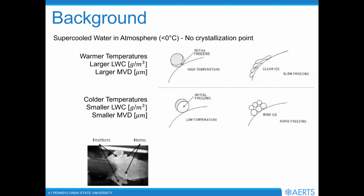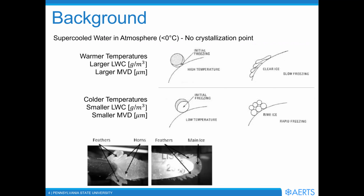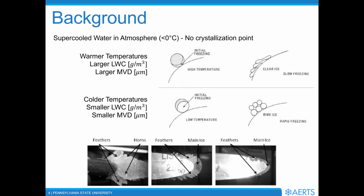So what is this rime ice and glaze ice? On this photograph on the bottom, you can see a very nice example of glaze condition, which will give you a shape that is basically not following the aerodynamic shape of the airfoil. This is obviously quite a bit of drag and penalties on the thrust or lifting. You could have hybrid, or I would say combined, ice shapes, which will have some features of rime conditions and glaze conditions. And then you will have rime, which are ice shapes that are formed as the water droplets freeze on impact on the surface. Therefore, they follow the shape of the airfoil. Do not believe that this will give you low drag. The ice roughness is pretty high, and it still will give you quite a bit of penalties on the drag